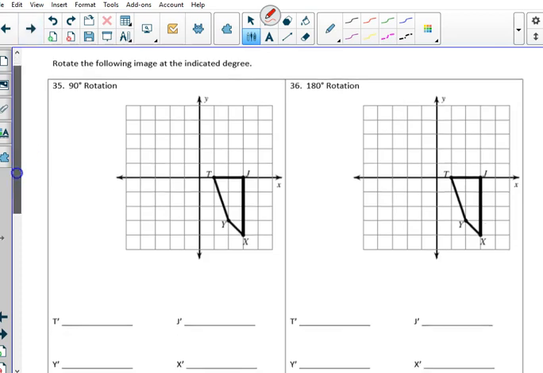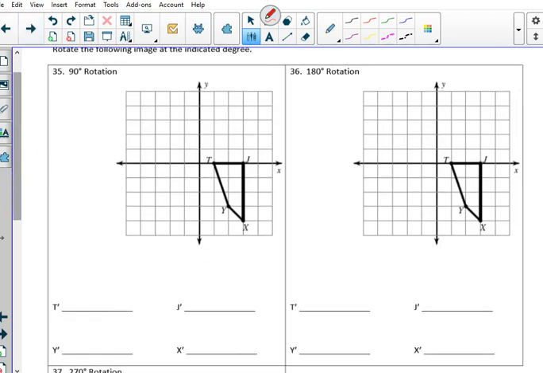Okay. So when you rotate, let's talk about what they are right now. So T, J, Y, and X. T is at 1, 0. J is at 3, 0. Y is at 2, negative 3. And X is at 3, negative 4. So this helps, because if we rotate 90 degrees,